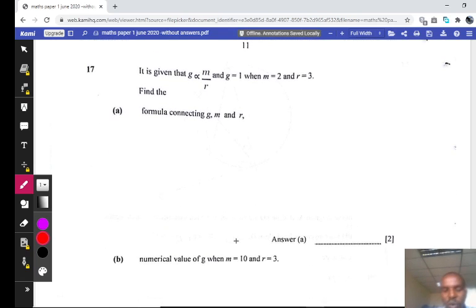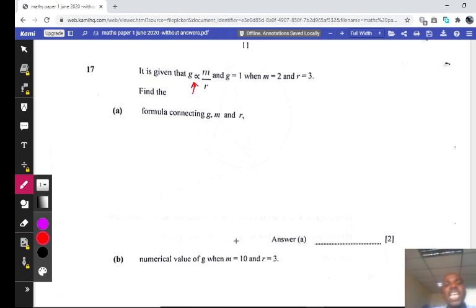Alright, next question. Question number 17. It is given that G varies as M and R. In that way, you say G varies directly as M and inversely as R, and G is equal to 1 when M is equal to 2 and R is equal to 3. Find the formula connecting G, M, and R. To find the formula first, what do you do? You replace this sign of proportionality,